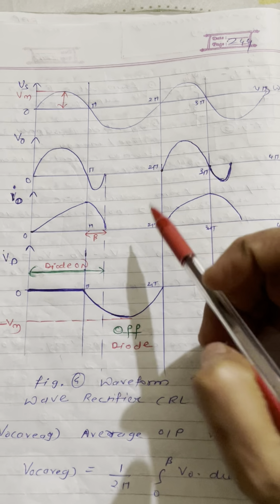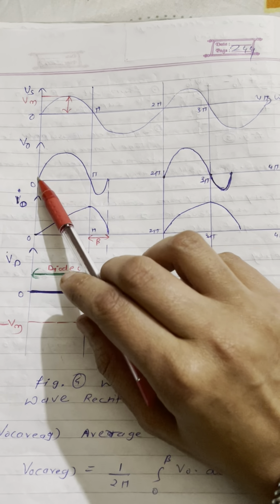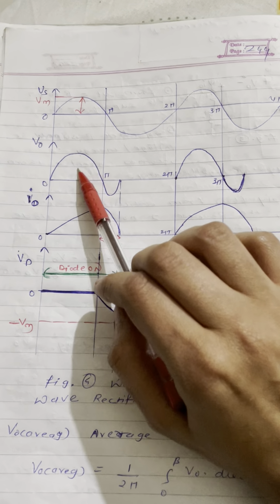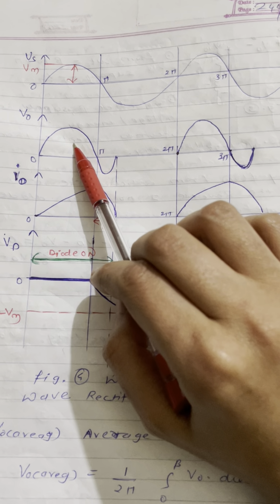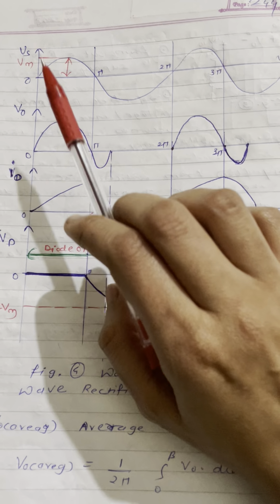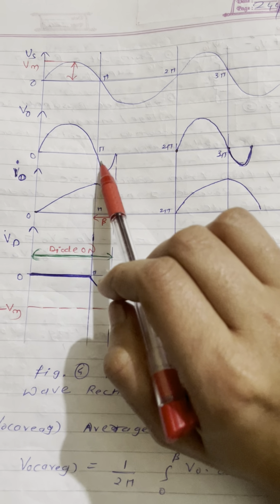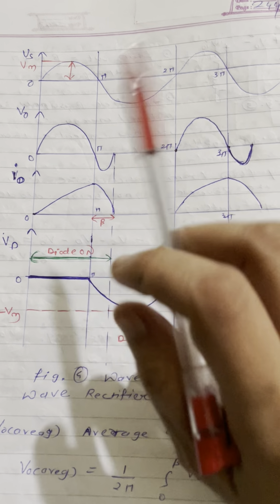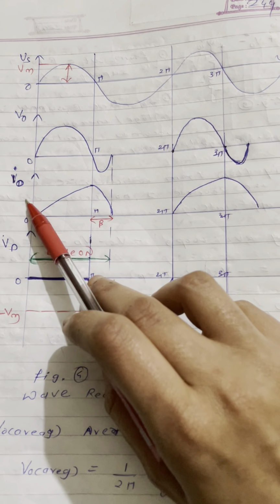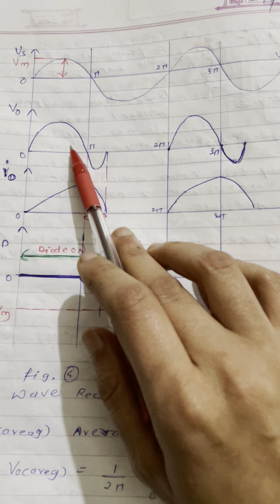In this waveform, the supply voltage is positive, and the output voltage V0 is equal to Vs when the diode is conducting. When the diode is conducting for the positive half cycle, the inductor will be storing the energy. That is nothing but the angle beta, from pi to beta. So the current is like that, and the applied load voltage is like that.